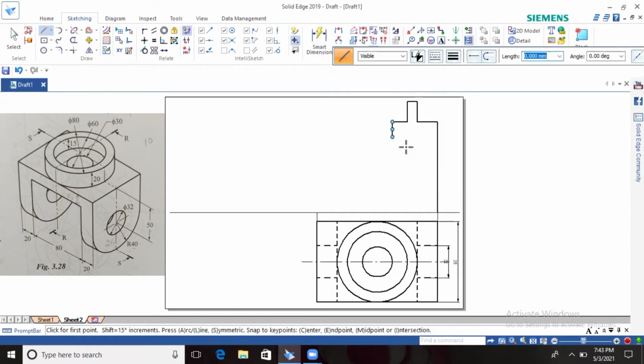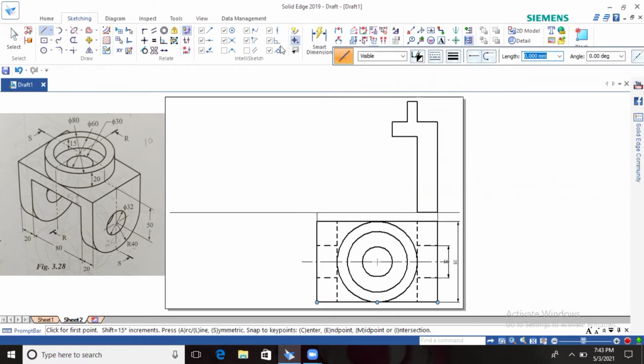So start from the bottom line, take the left side, 20 is given, and the height, totally 90. 90 minus 15 is 75. So type 75 and a 90-degree angle. Then join to the end point. This is the half of the diagram of the cutting section.